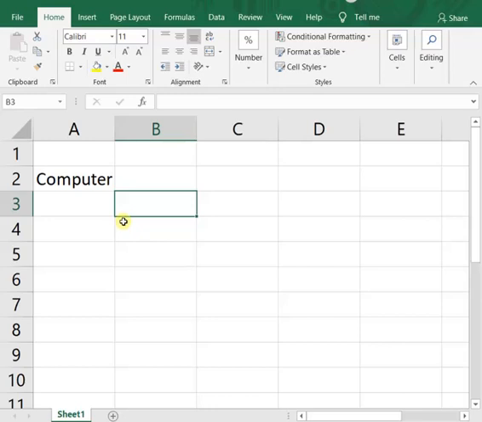Either select the cell and just type in the correct word again, it will replace the previous word. But if you want to correct only the particular mistake, then double click on the cell and go to your wrong character position, delete it, then replace it with the correct letter or alphabet, then click on outside. So in these two ways we can modify our worksheet.